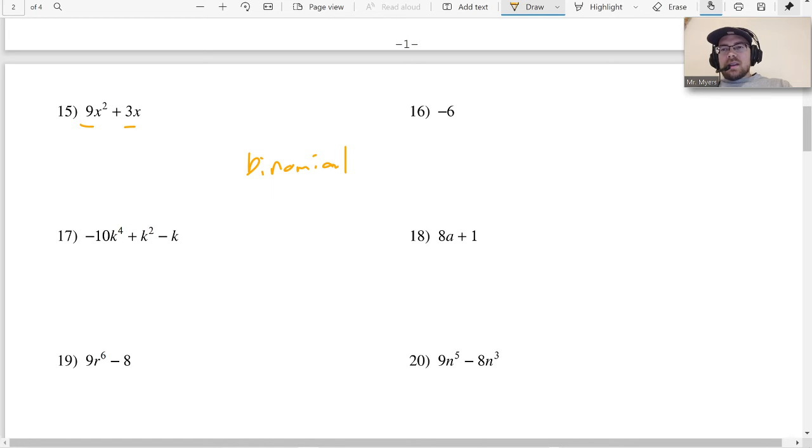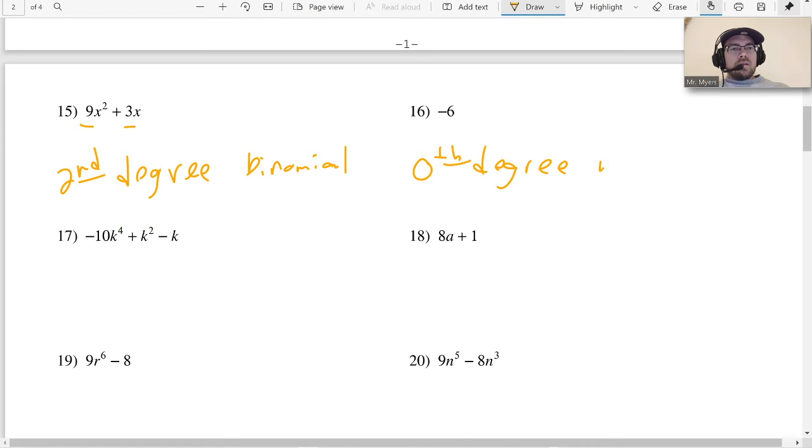And that is a 2nd degree binomial. Then here, this is a 0th degree, or a constant, you can call it. 0th degree monomial. Alright, here we got 3 things, and the highest power is 4. So this would be a 4th degree